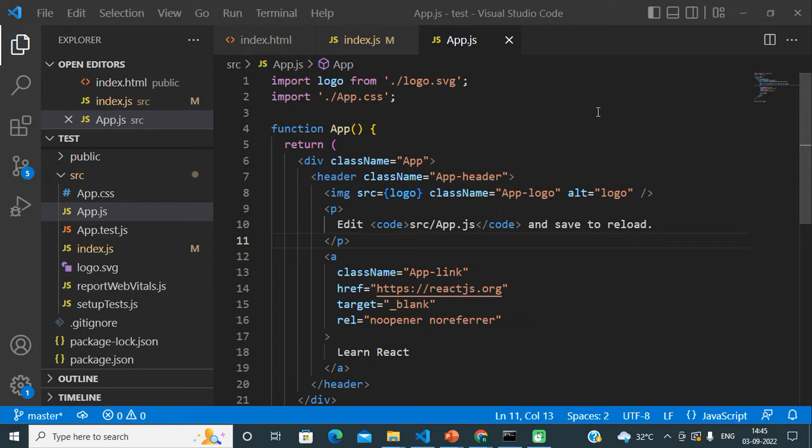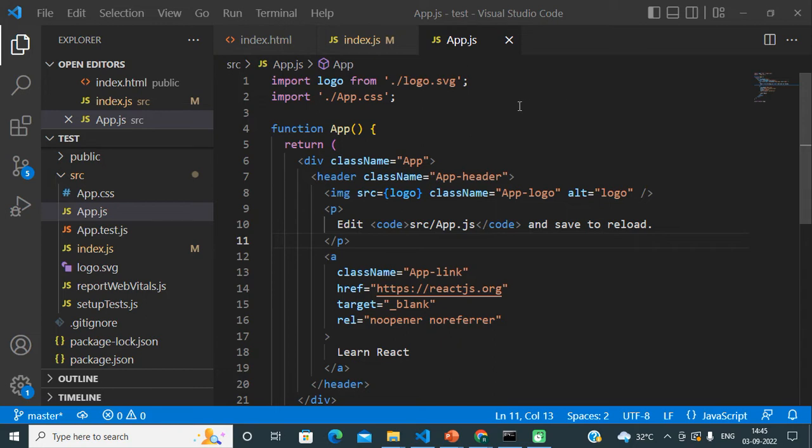And today we are going to understand one of the important concepts of React.js, that is component. In our previous videos many times we have discussed it, but not in that much detail. So this is a dedicated video for a complete understanding of components. Okay, so let's start our actual discussion guys.